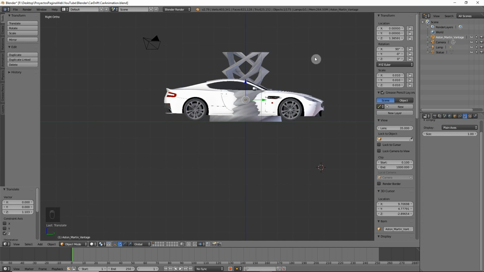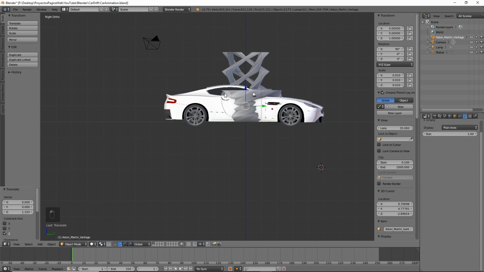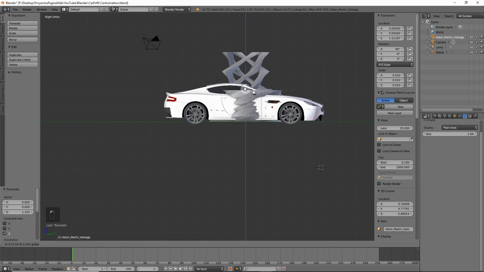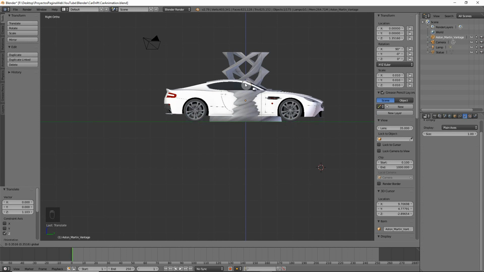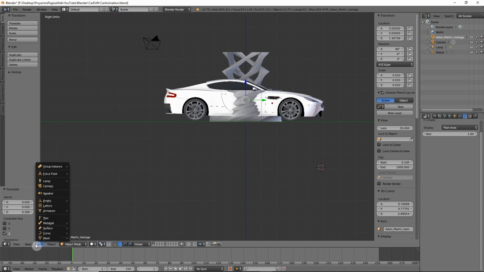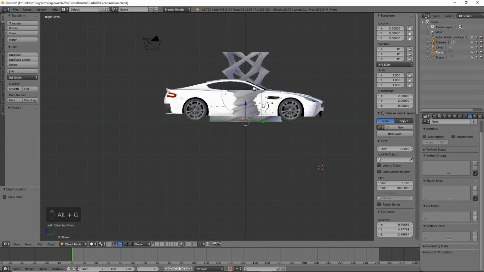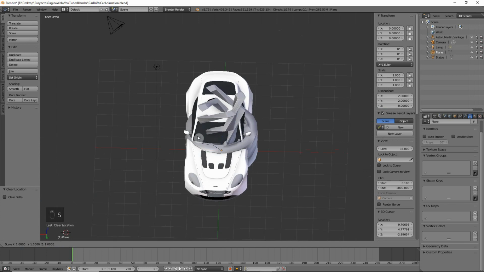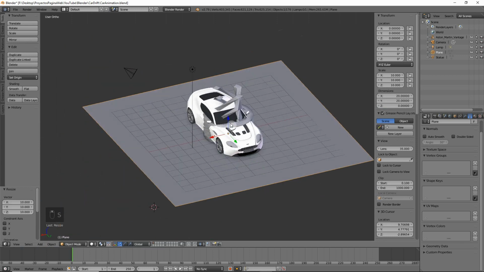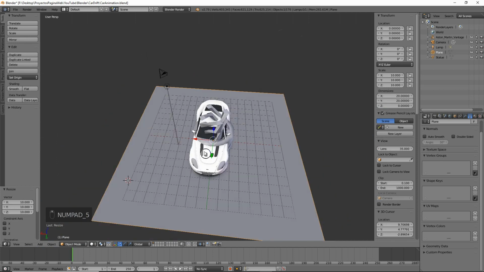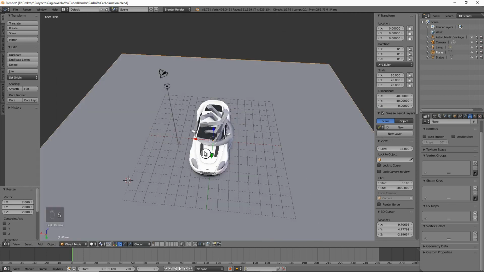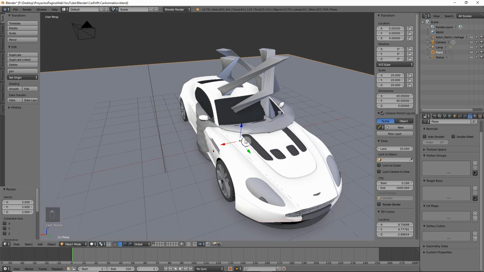Let's do the same with the car, which is here, but for that we're going to first place it in the center, and then let's put it at 1. It's still too low, so let's raise it a bit like that. Seems fine. Let's create as well a little plane that is going to act as a floor. Just press Alt G, and then it's there. Scale it 10 times. Maybe a little bit more, just a bit, to scale it twice, and now it seems pretty fine.